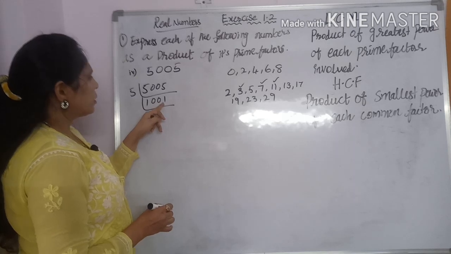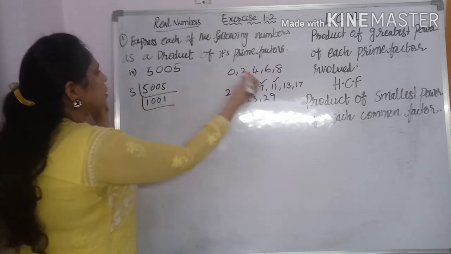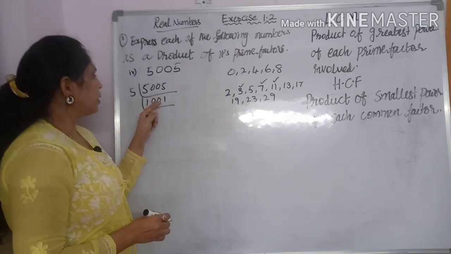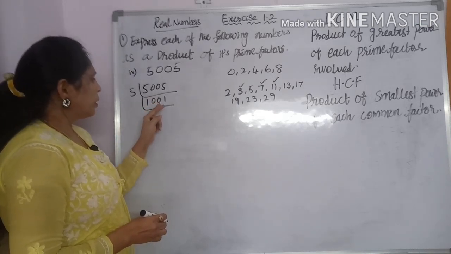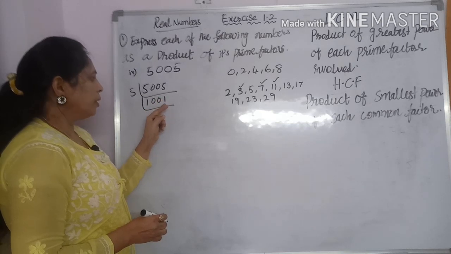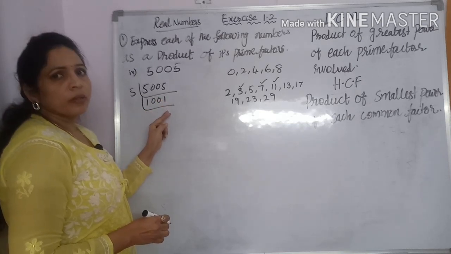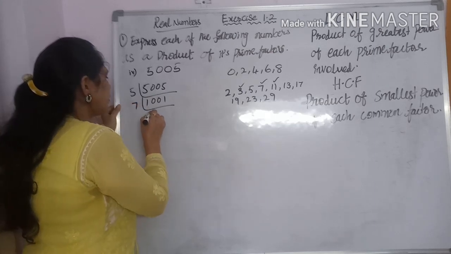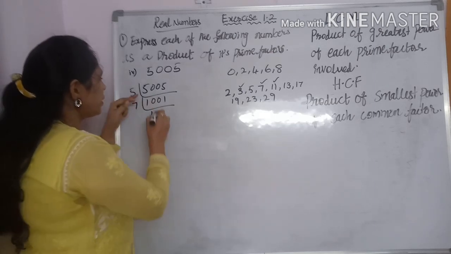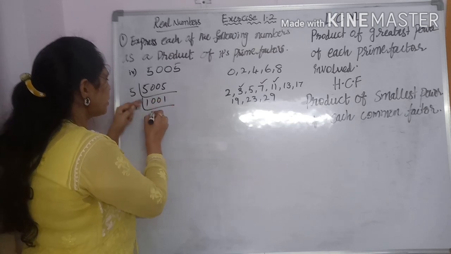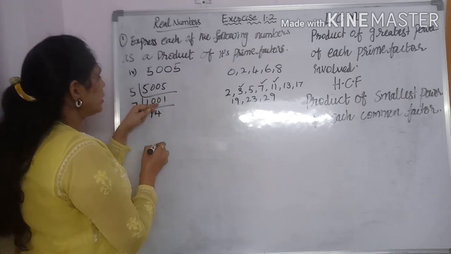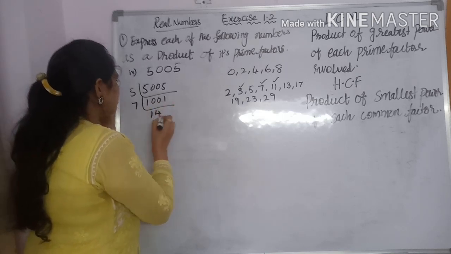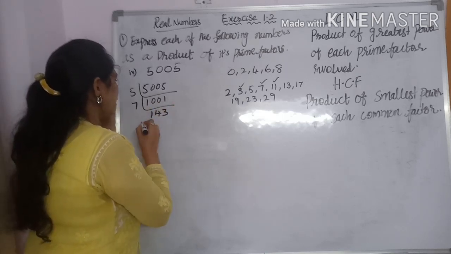3 3's are 9, 11. It's not going. Let's take the 7 table. 7 1's are 7. 3 is remainder. So 30. 7 4's are 28. 2 is remainder, 21. 7 3 times. Now let's take with the 7 table. 7 1 time, 3 is remainder. It becomes 30. 7 4 times 28. Now remainder is 2, it becomes 21. So 7 3 times.